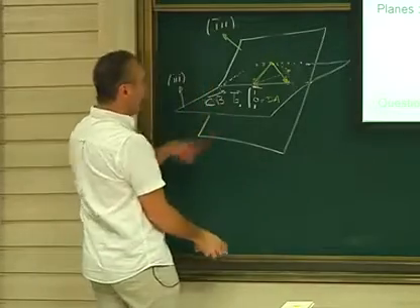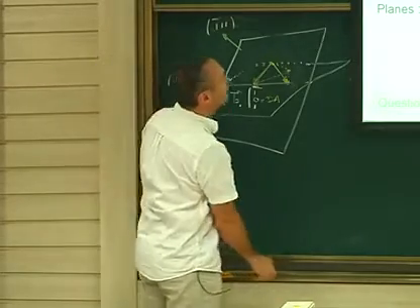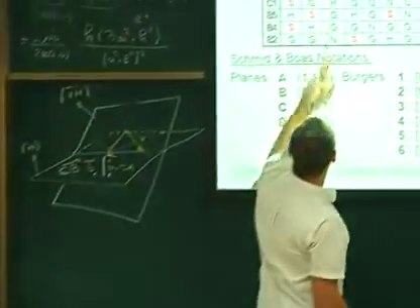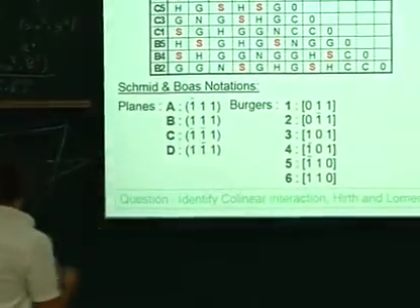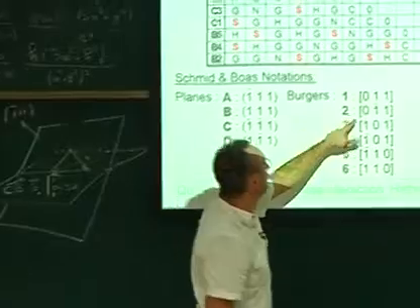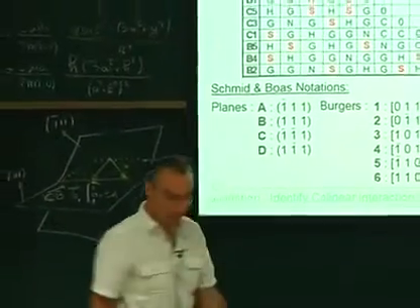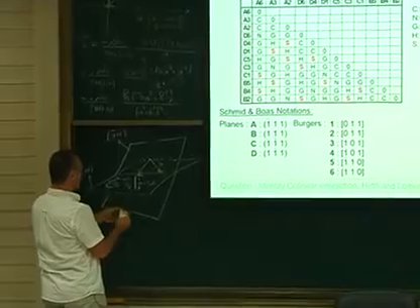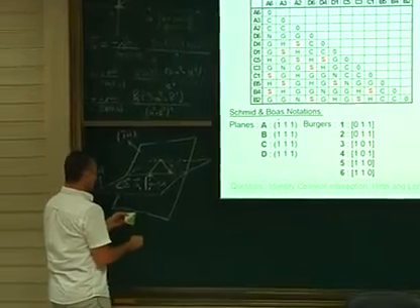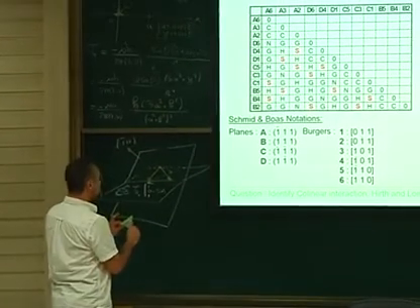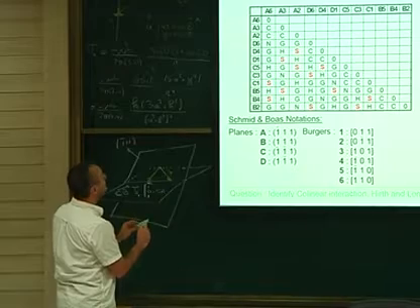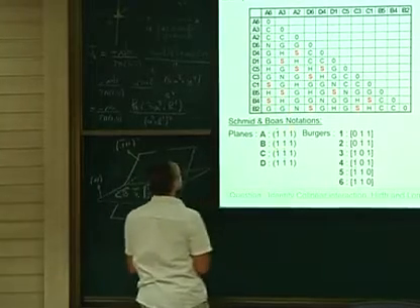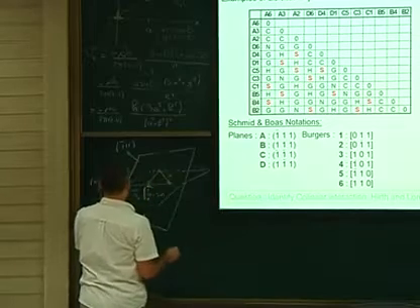So I keep the same B1, and now I'm looking for the third case. The third case is here, it's the glissile. So you take A2, A is bar 111, so the same plane, and 2 is 0 bar 11. What is 0 bar 11? So it was actually the same tetrahedron. Actually, here I'm always investigating the same plane. I should not remove it. So the vector is always the same.